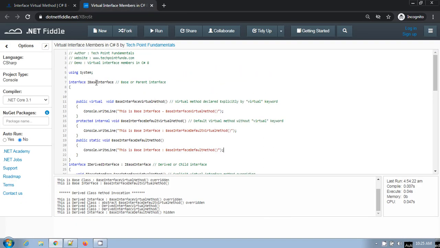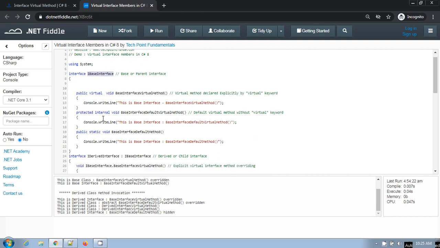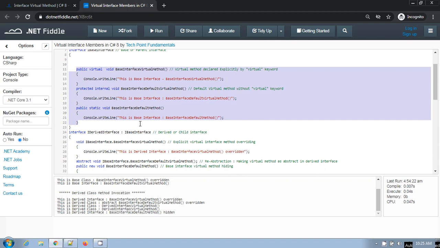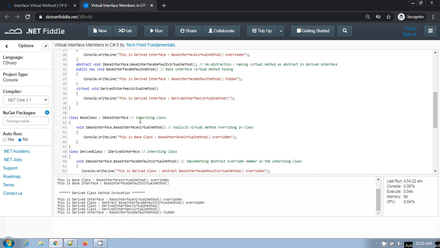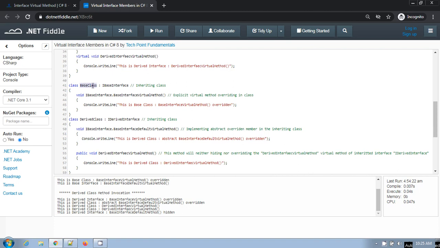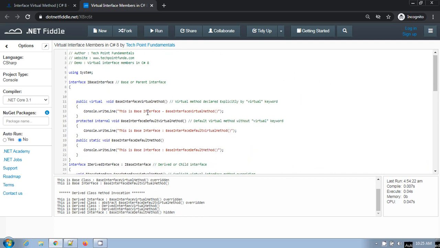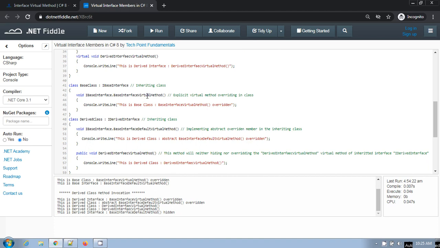So in this program, in interface IBase, we have three virtual members, and in this class which is inheriting IBase interface, I have overridden the base interface virtual method, and here I have overridden this method explicitly.